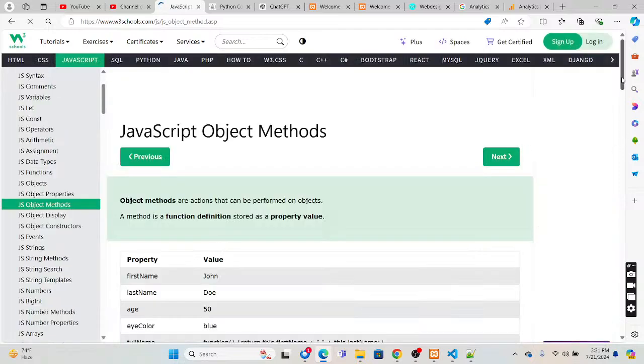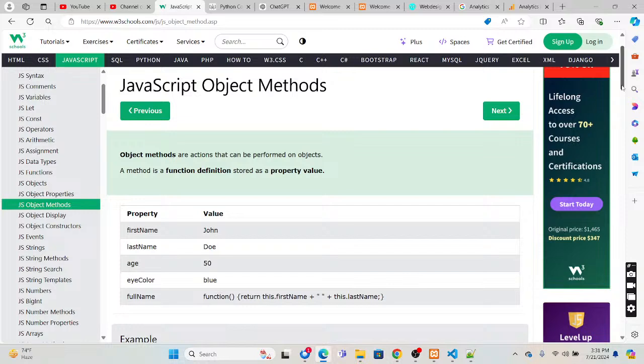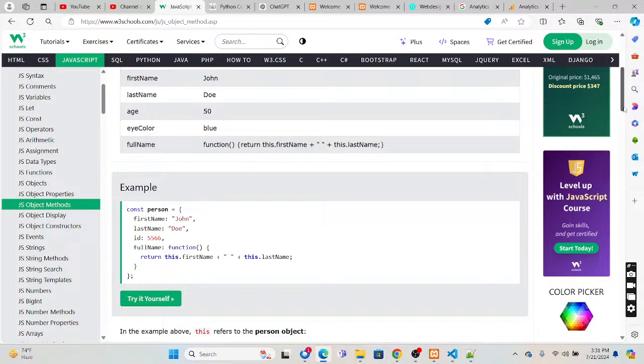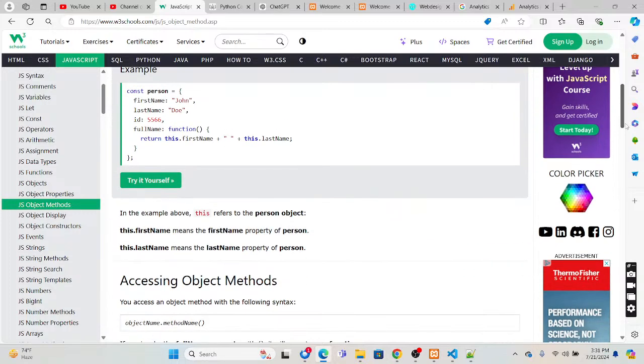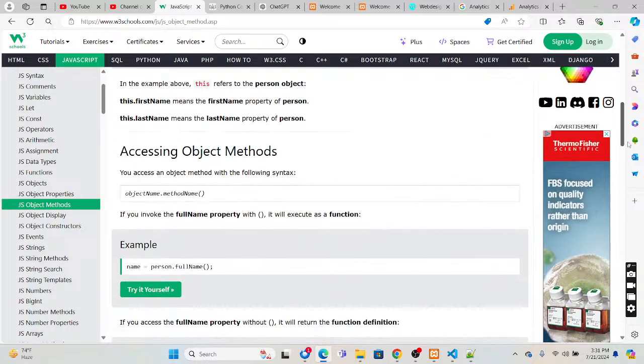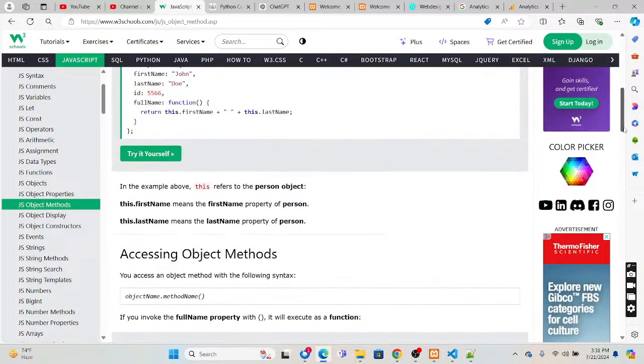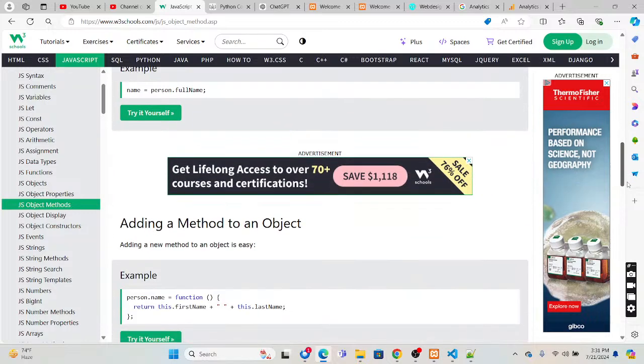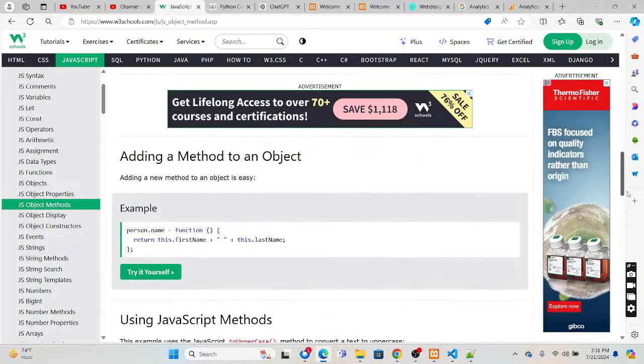And object methods. A method is a function definition stored as a property value, or the actions that can be performed on the object. Then a method full name will return first name and last name, right? And then you access that with person dot full name, and it will actually return it back. Adding a method: you have to use person dot name of that, and then function, and then return this dot first name, last name. Like that you can create the function